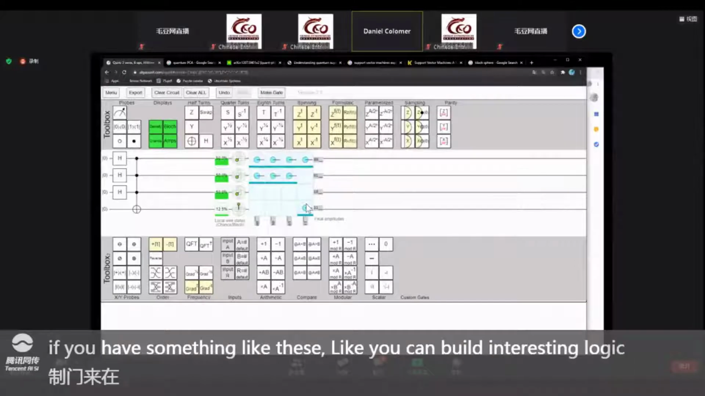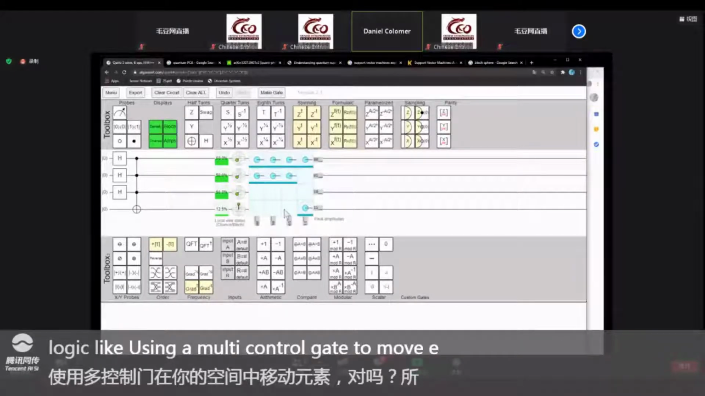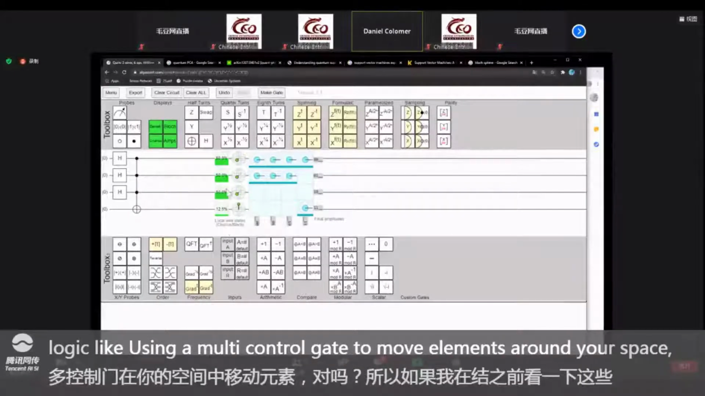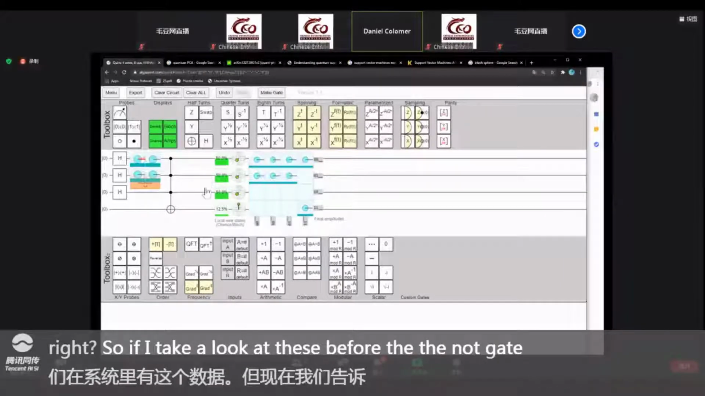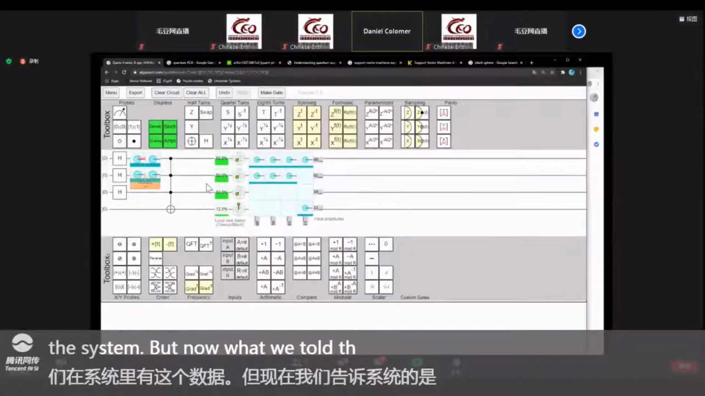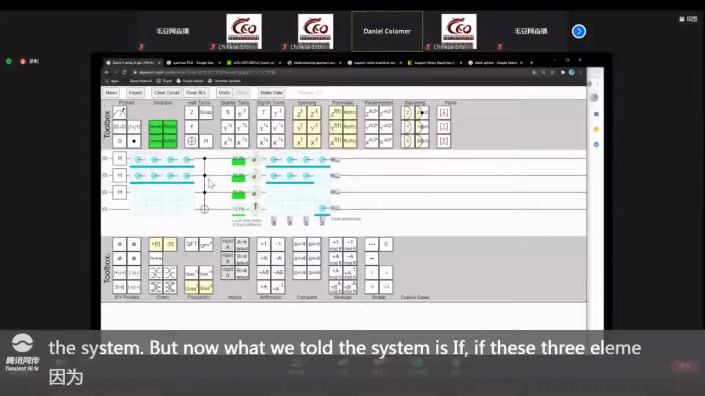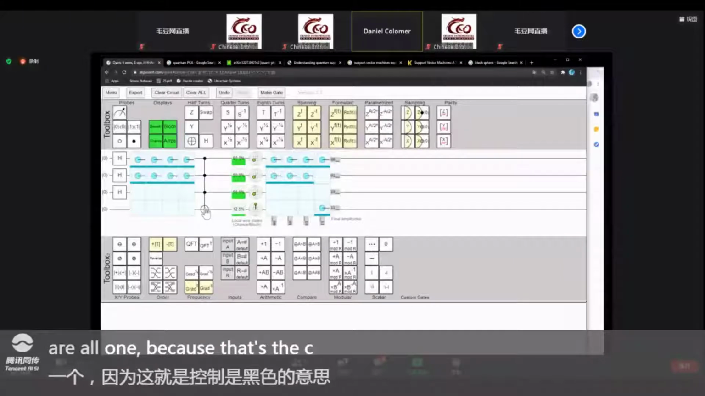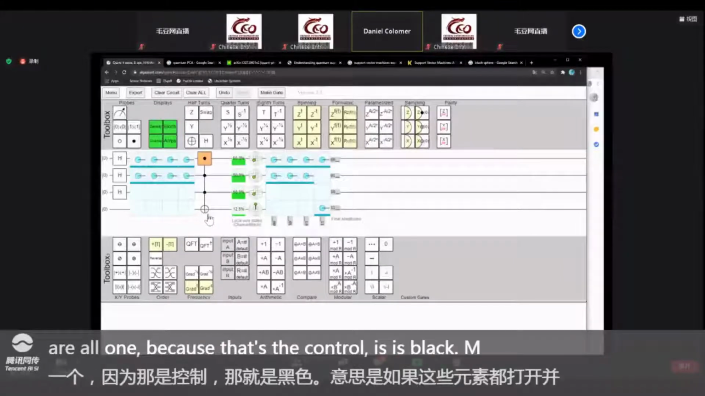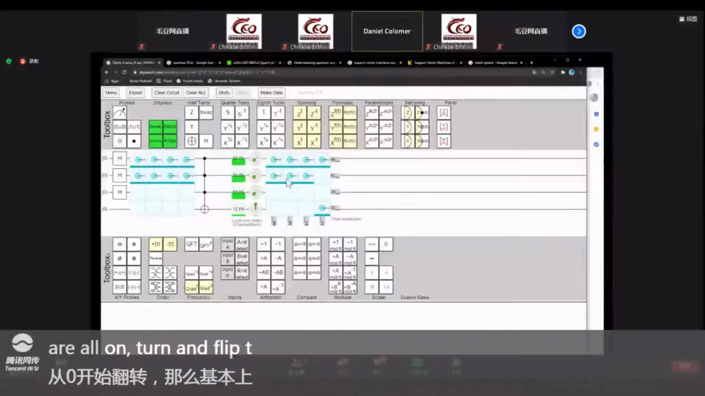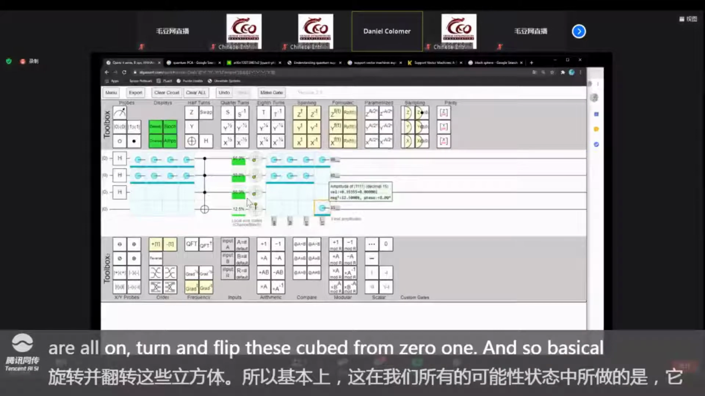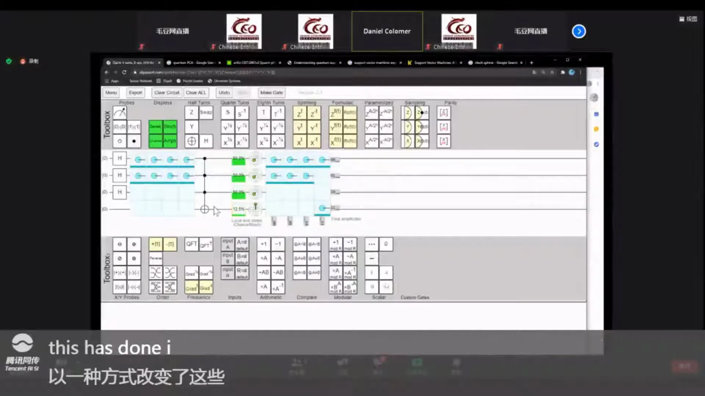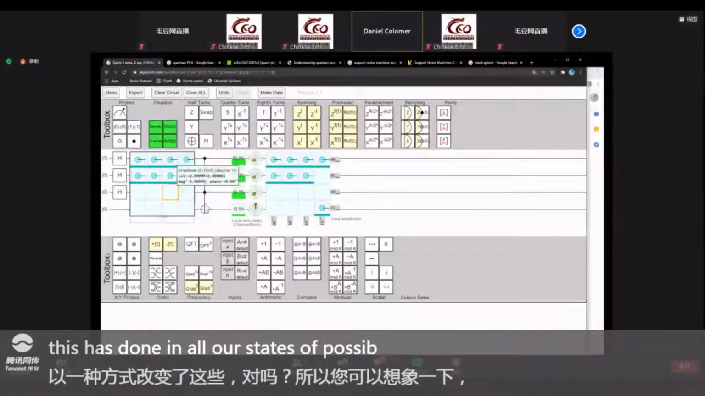So if I take a look at this, before the NOT gate, we had this state in the system, but now what we told the system is, if these three elements are all one, because the control is black, meaning if these elements are all on, flip this qubit from 0 to 1. And so basically what this has done in all our states of possibilities is it has moved this one away, right? So you can imagine that you can use this to implement some sort of arithmetic as well, because, well, basically,